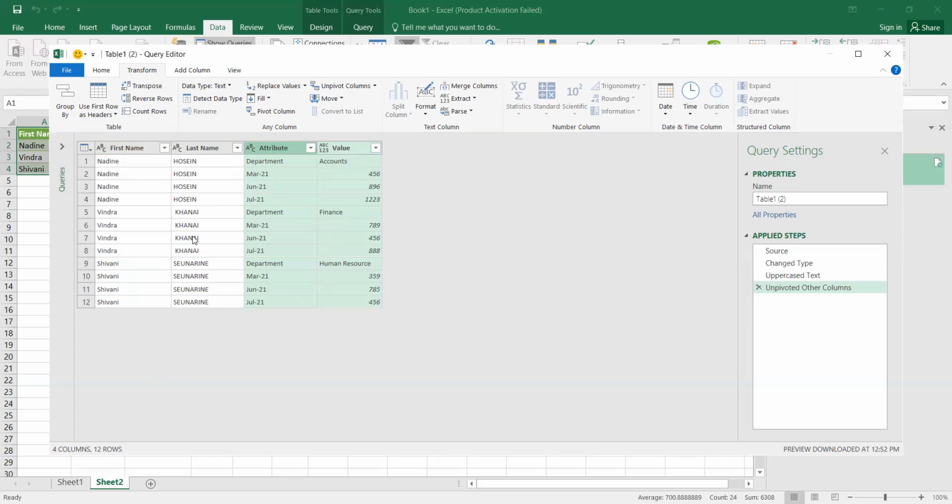And then you see Vindra, all the dates and all the money that Vindra sold. And then you have Shivani, and you are seeing in human resources, I am in there. And guess what? This is the amount of money that I made. So again, in Power Query, I could unpivot different columns and actually now change around how I want the data